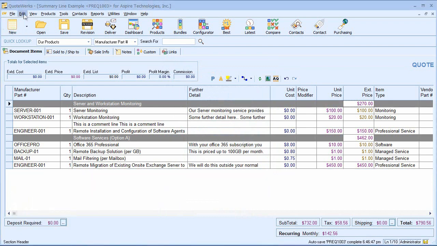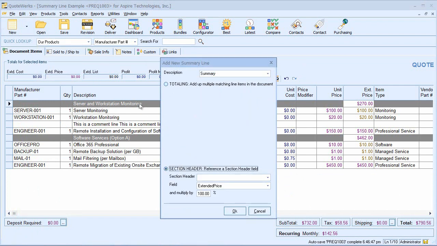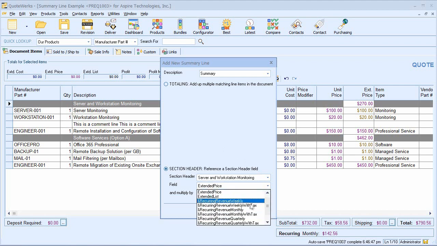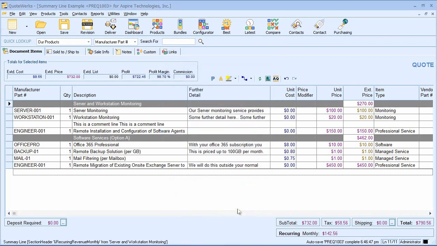And what I'm now going to be interested in is the new functionality in QuoteWerks 5.3. What I'm now interested in is referencing a section header field, which are the 2 fields in grey. I'm going to tell it for the first summary line, I'm interested in the server and workstation monitoring, but I'm actually not interested in the extended price. I'm only interested in the recurring revenue monthly values. So I'm going to multiply that by 100%, I'm going to choose my description, and I'm going to click OK. So I now have my summary of monthly monitoring for $120,